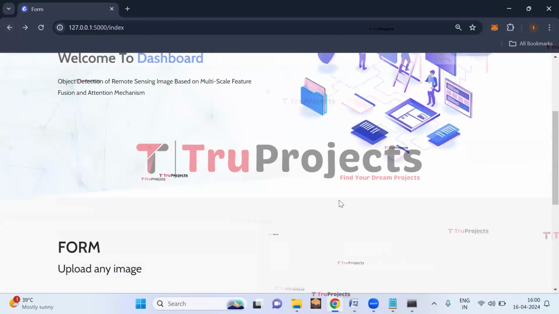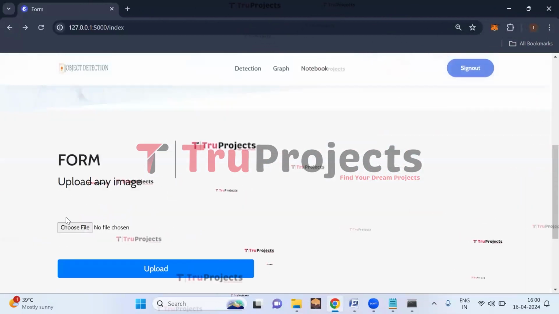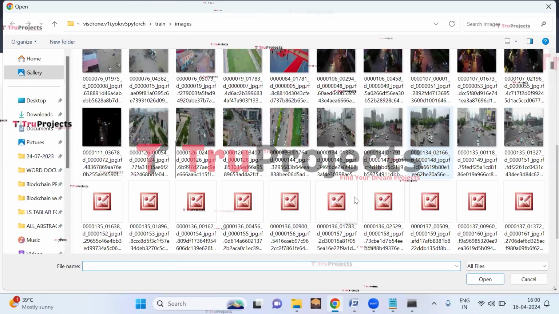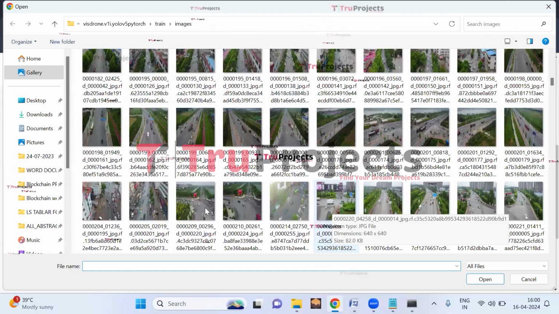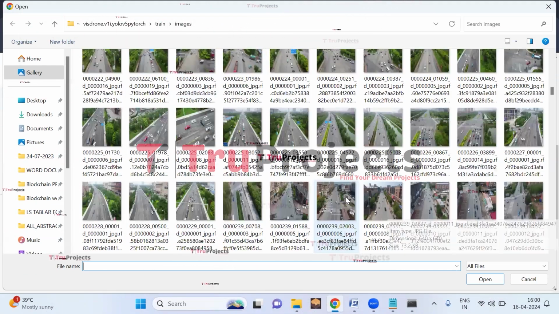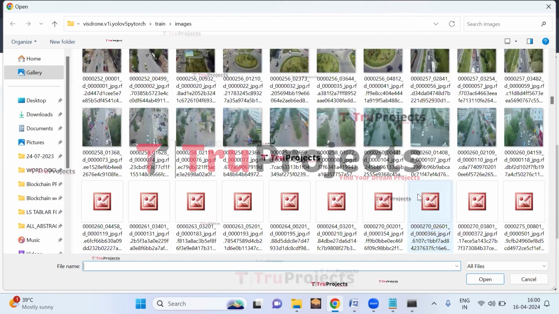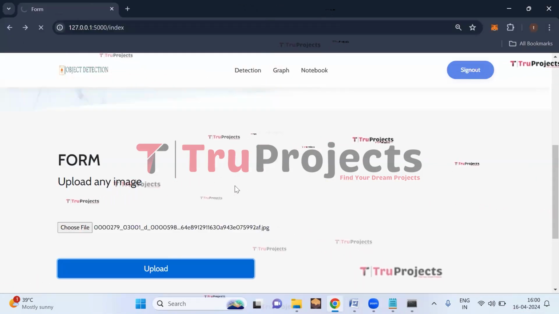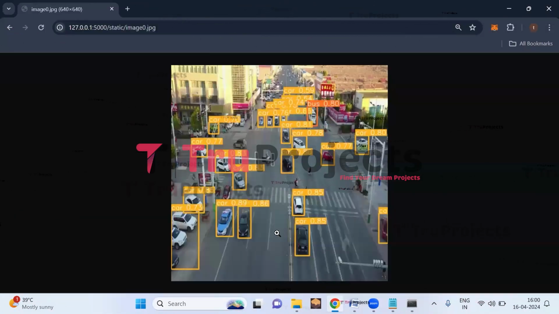Let us upload one more image. Click on detection. Click on choose file. So here, this is the image which I'm selecting. Now click on upload. So this is the image which I have uploaded, and here we can see many objects are detected, and we can see that the cars are detected with the orange color bounding boxes. So many cars are detected,